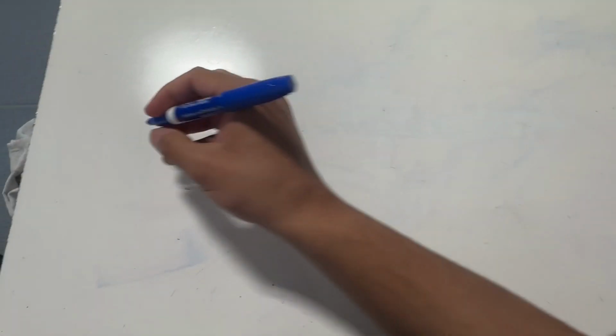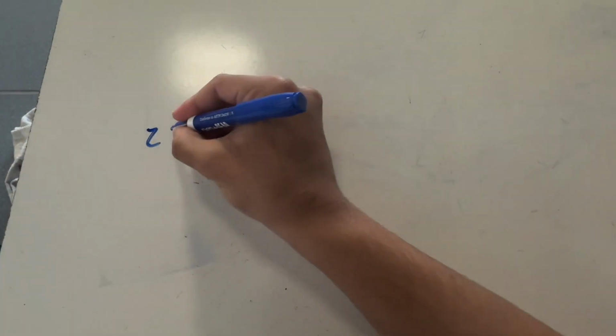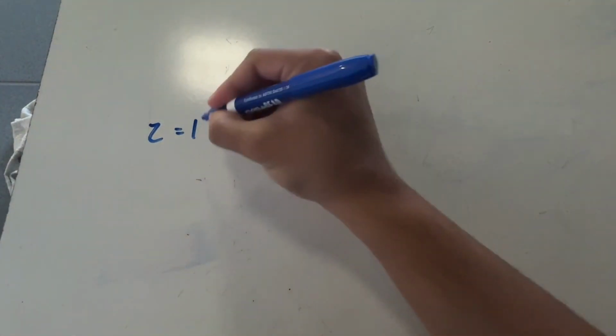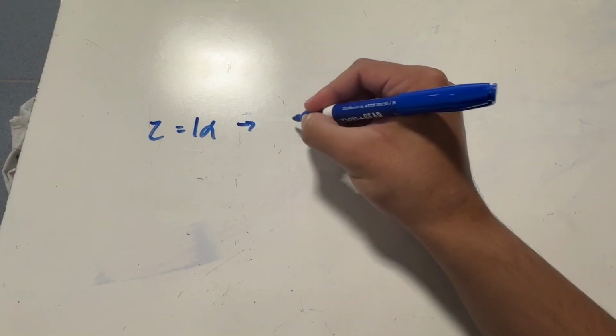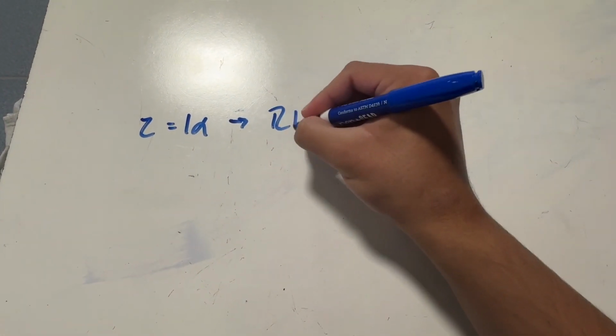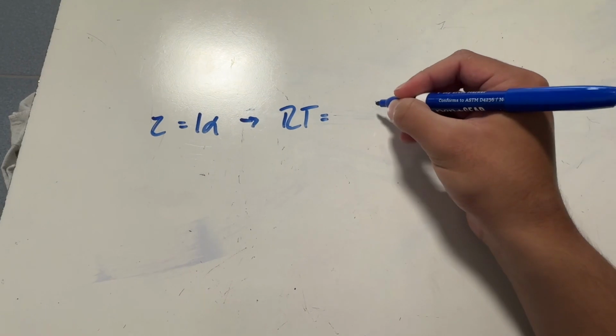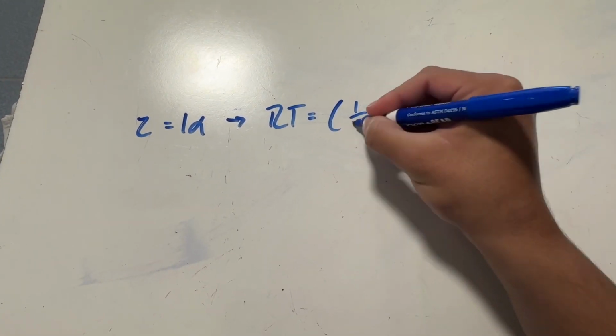Since the center of mass does not move, the upward force tension must equal the downward force weight, but the tension force does apply torque to the cylinder, causing the cylinder to accelerate angularly. So we have a torque, and you can rewrite this as RT equals our rotational inertia